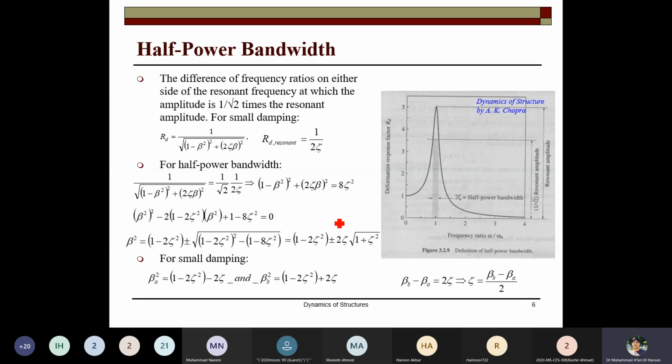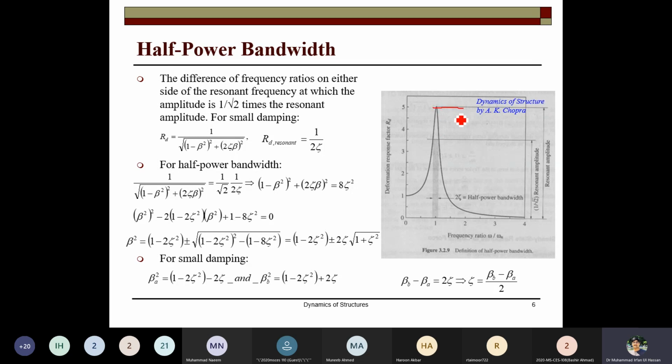So the half power bandwidth is helpful in computing the zeta value. For example, we get the zeta value in the damped free vibration. तो damped forced vibration में भी हम damping निकाल सकते हैं. कैसे? As told by the